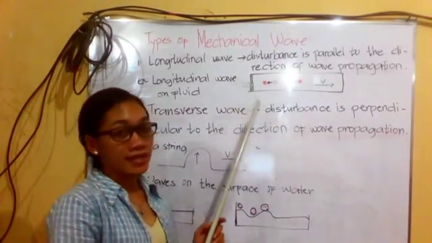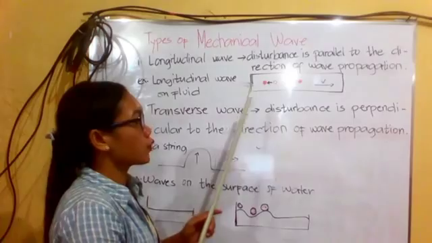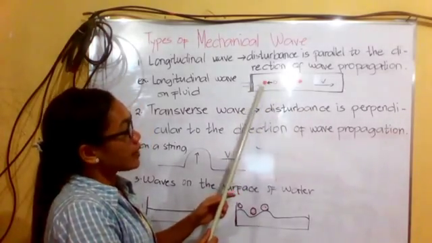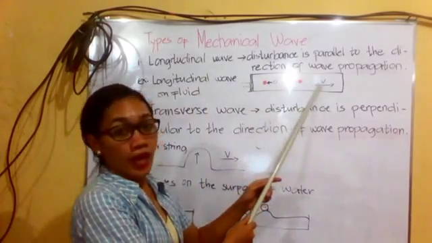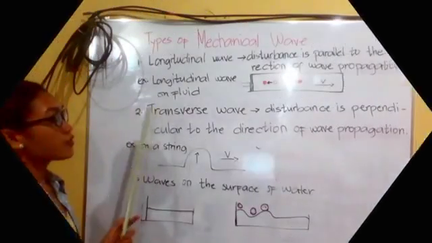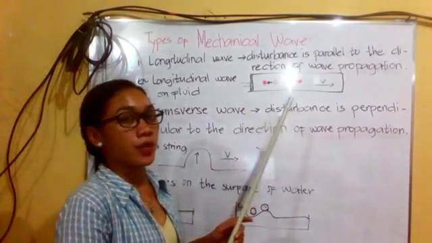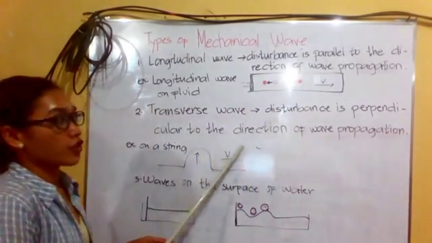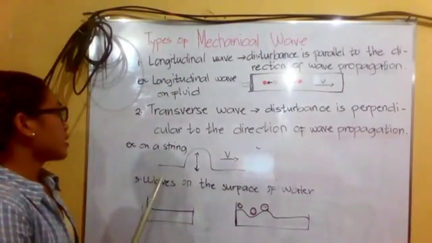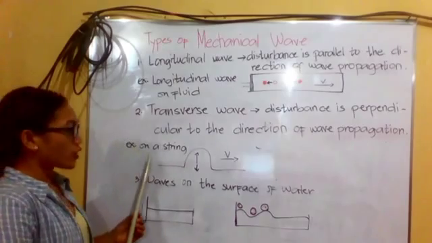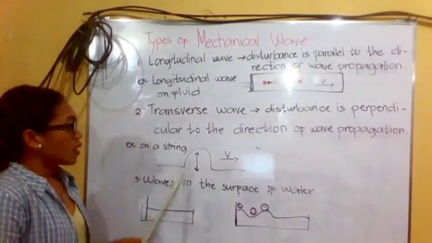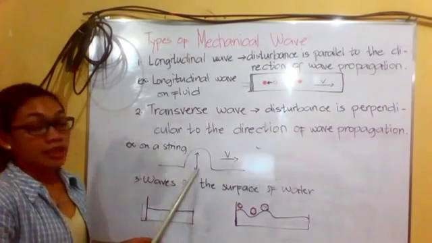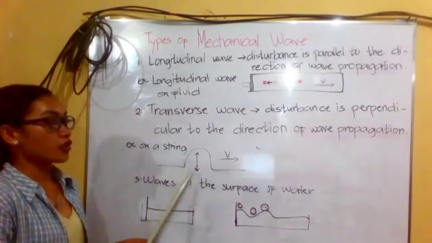As the wave passes, each particle of the fluid moves forward and backward parallel to the motion of the wave itself. Next is the transverse wave, where the disturbance is perpendicular to the direction of the wave propagation. An example of this is the transverse wave on a string. As the wave passes, the particles on the string move up and down transversely to the motion of the wave